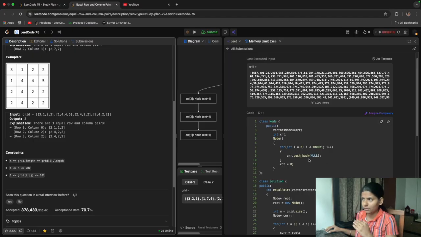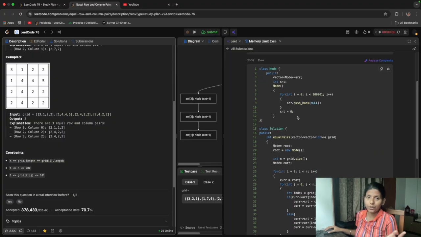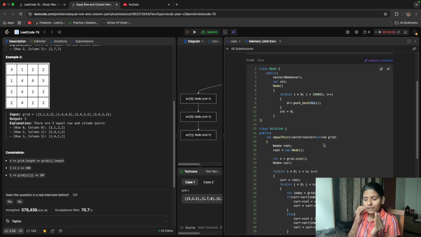For every index, whether I have it or not, I was filling that index with null. But as it is 10 raised to 5 for one node, for all nodes it will be 10 raised to 10. Likewise it is going to give an MLE error, that is memory limit exceeded.